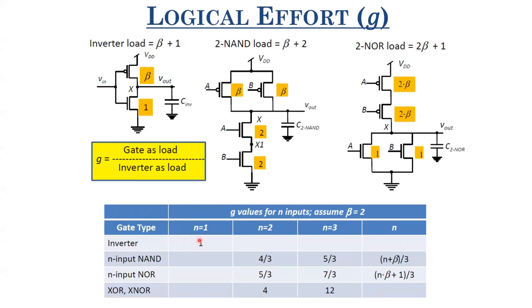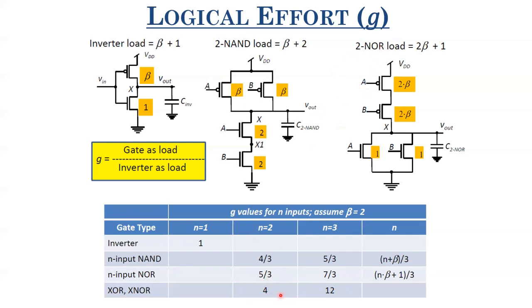So for n equals 1, for an inverter, it's already 1. For n equals 2, for n input NAND, what is it? It's 4 by 3. 2 plus 2, 4 by 1 plus beta, that is 3. For 2 input NOR, it's 2 beta plus 1 by 3, but that is 5 by 3, right? Similarly, you can do it for n equals 3, and you can also generalize it for n, right? This XOR or XNOR, the logical effort of XOR or XNOR,